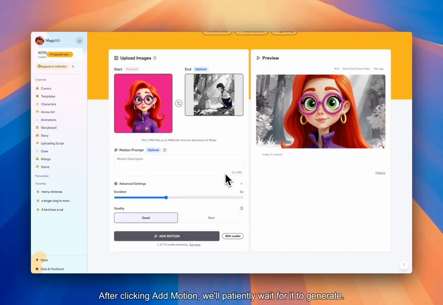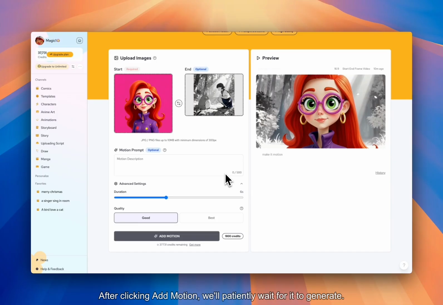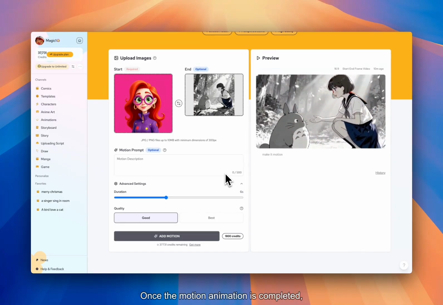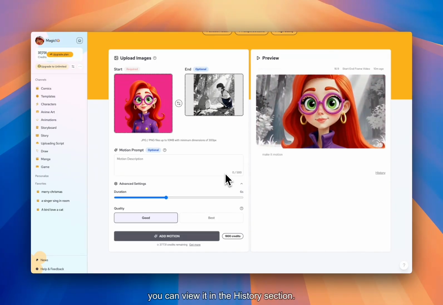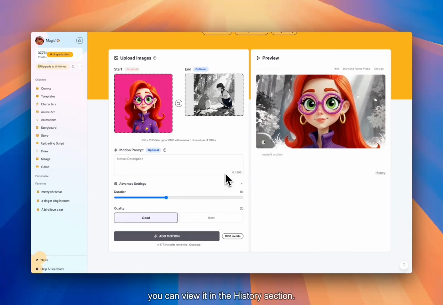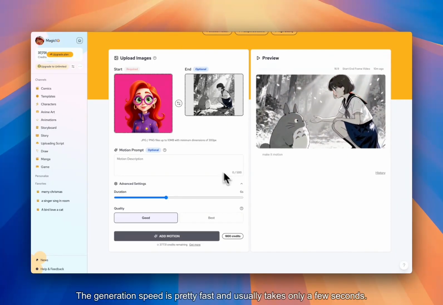After clicking Add Motion, we'll patiently wait for it to generate. Once the motion animation is completed, you can view it in the History section. Alright, let's give it a second. The generation speed is pretty